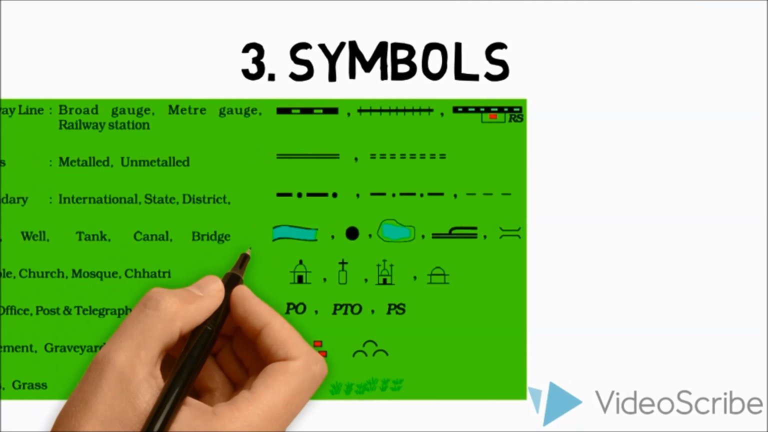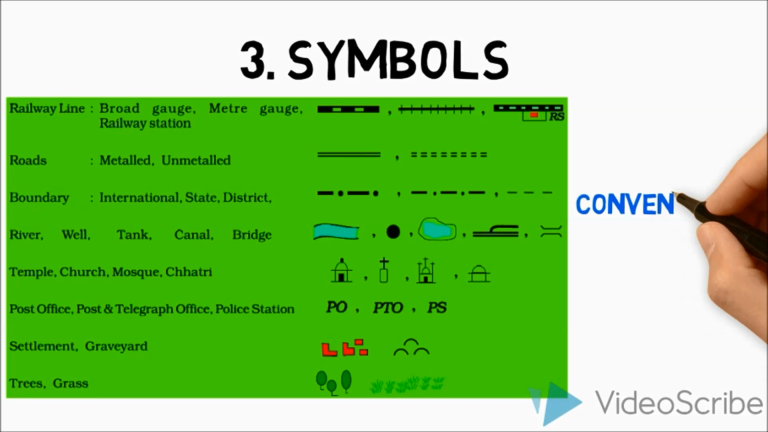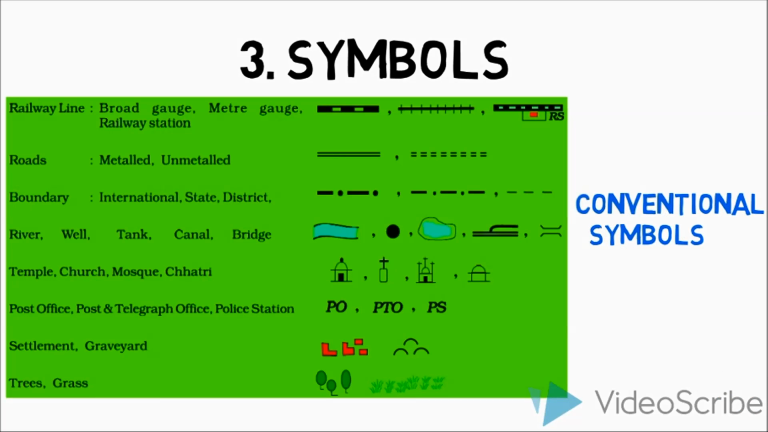Symbols. Different features such as buildings, roads, bridges, trees, railway lines, or a well are shown by different symbols. These symbols give a lot of information in a limited space. There is an international agreement regarding the use of these symbols. These are also called conventional symbols. Various colors are used for the same purpose. For example, generally blue is used for showing water bodies, brown for mountain, yellow for plateau, and green is used